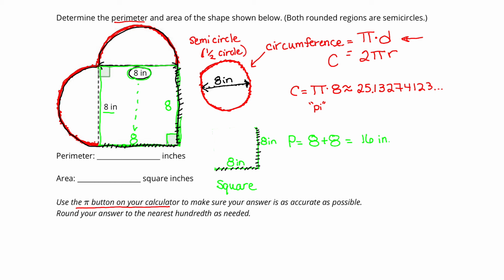Now, putting it all together, we want to put together the two red sides, the red bumps, and how long is that? If we went and measured that, that's 25.13274123 approximately inches. And then if we added this distance and this distance, that adds another 16 inches. So in our calculator, we want to combine these two values, 25.13274123, and add it to 16, and that's going to give us a total approximation for our perimeter. When we add those two numbers up, what do we get for that perimeter? That perimeter of our composite shape is approximately